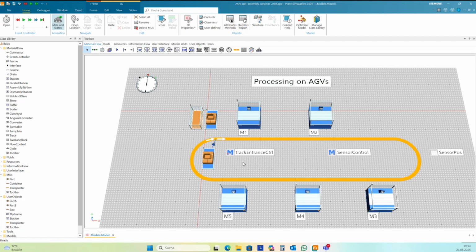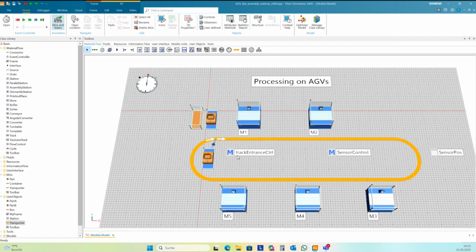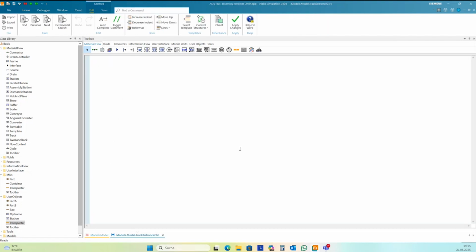First, in the track entrance control, I want to unload if there's one MU on the HEV. I unload this to a train and load a new one from the source. For a better alignment of the MU on the HEV, I change the capacity of the HEV to 1. And then I need a small program.